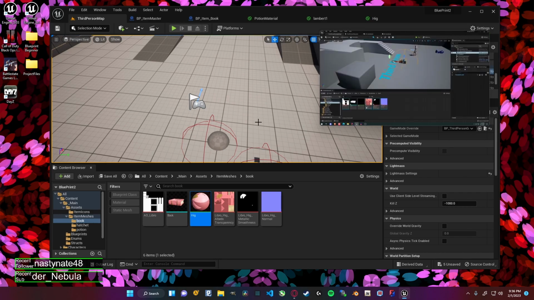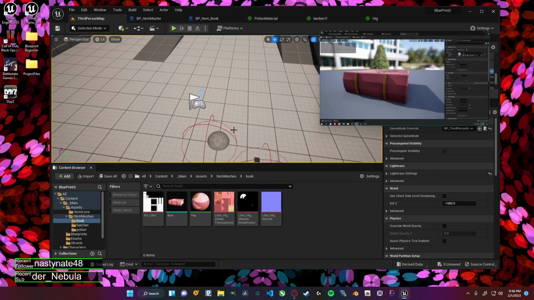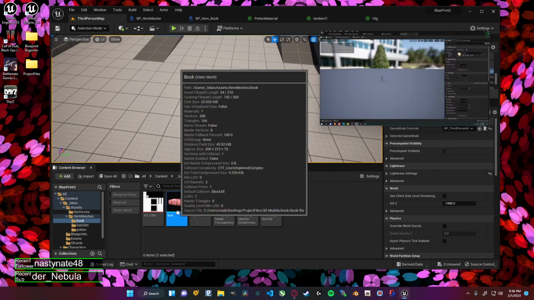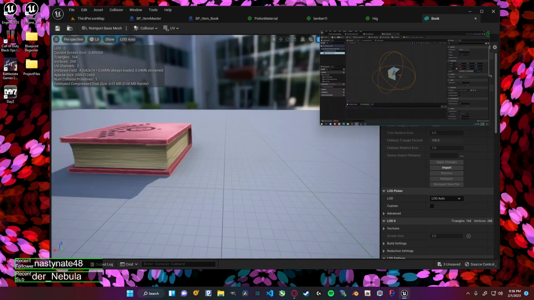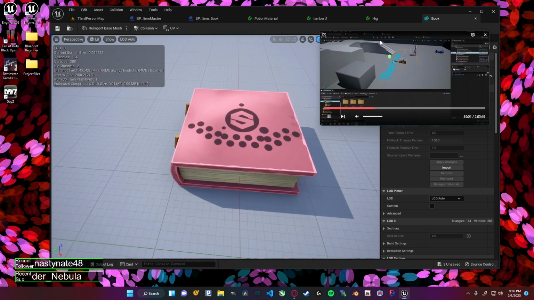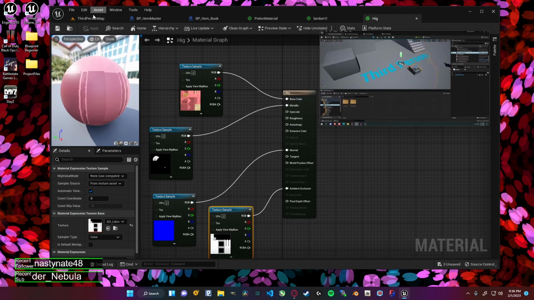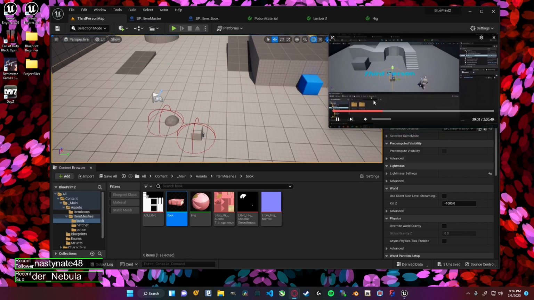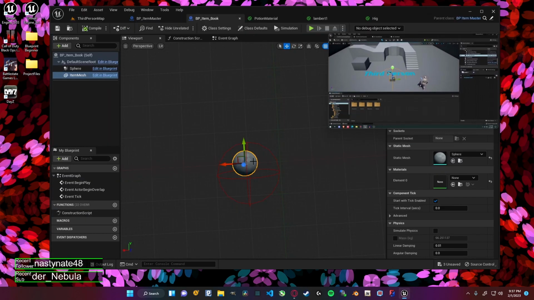Okay. And now we should have all of our meshes with the materials. Looks good from here. Check it just in case. Yep. Okay. And so now that we have our resources in here, we can start creating our different item types. Okay. So if we just go into book and into our blueprints,